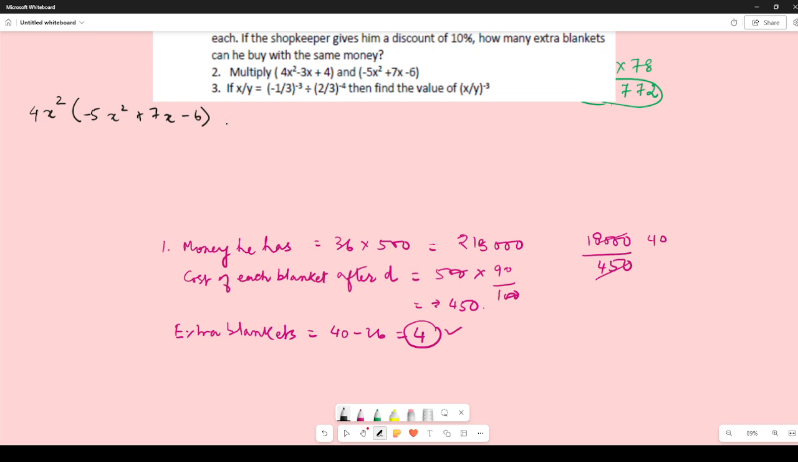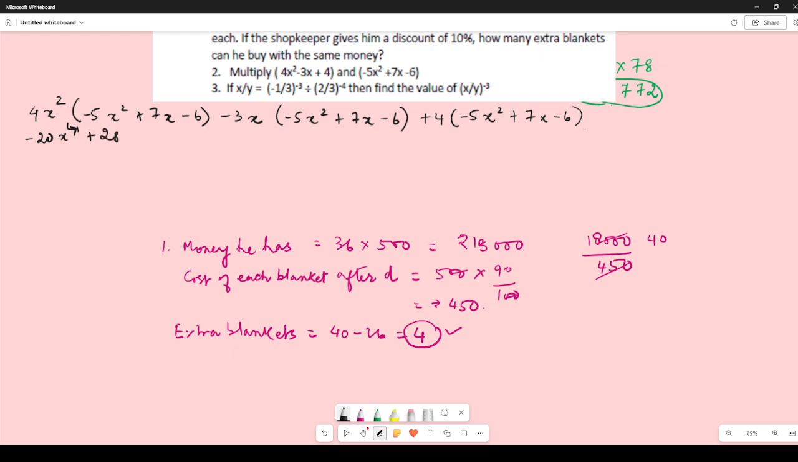Sorry. Minus 3x will again be multiplied by minus 5x square plus 7x minus 6, and plus 4 will also be multiplied by minus 5x square plus 7x minus 6. So let us do the sum now. So what we get? Minus 20x to the power 4